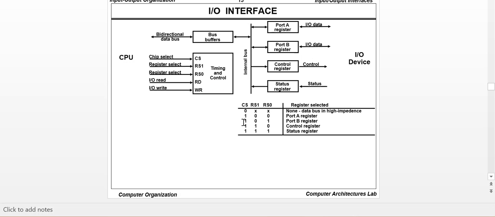So the chip select input will be 1, RS1 will be 0 and RS0 will be 1, and the IO read signal will be 0 and the IO write signal will be 1. Once these signals are given, since it's a write operation, the data will be available in the bus buffers. From the data bus, the data will be transferred to the bus buffers,